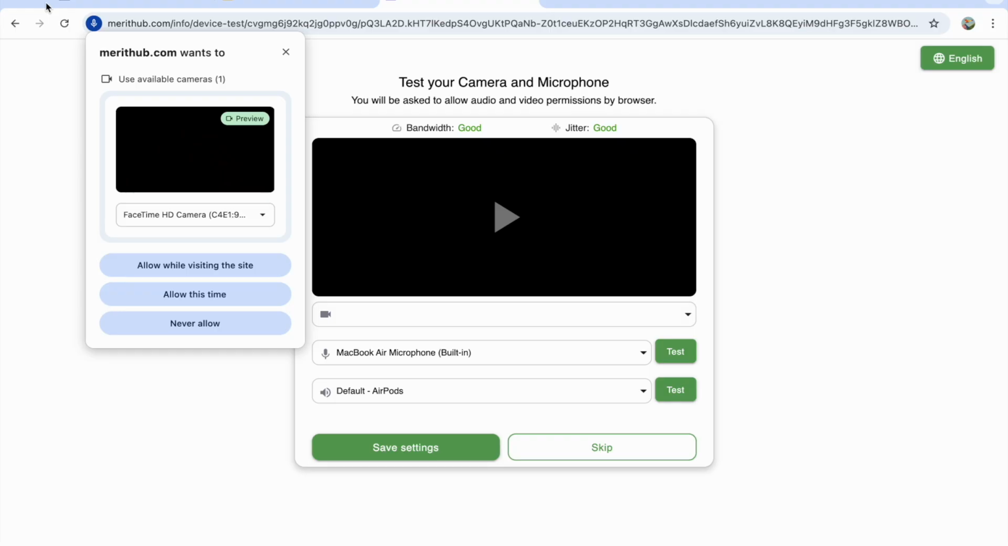Once you're on this page, Google Chrome will then prompt you to allow MeritHub to use your microphone. Please make sure that you are pressing allow while visiting the site, or it will pop up each time you join a session. If you are using headphones, please make sure you also use the tab above to select your audio options. So once we press on allow while visiting this site, Google Chrome will then prompt you to allow MeritHub to use your camera. So please make sure that you once again press allow while visiting the site,